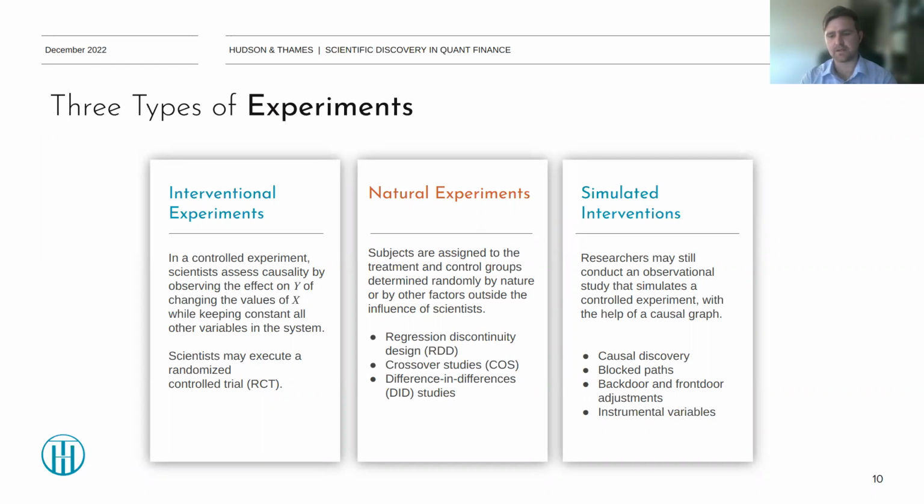Then you also get backdoor and front door adjustments. Backdoor is also about blocking a path. There's a backdoor variable that relates to it. For example, when it's from X to Z to Y, you block it from X to Z, because you're actually only interested in X and Y. And a front door is when there's, for example, another variable M at the bottom that relates to it, and then you can test the effect of that in relation to the other.